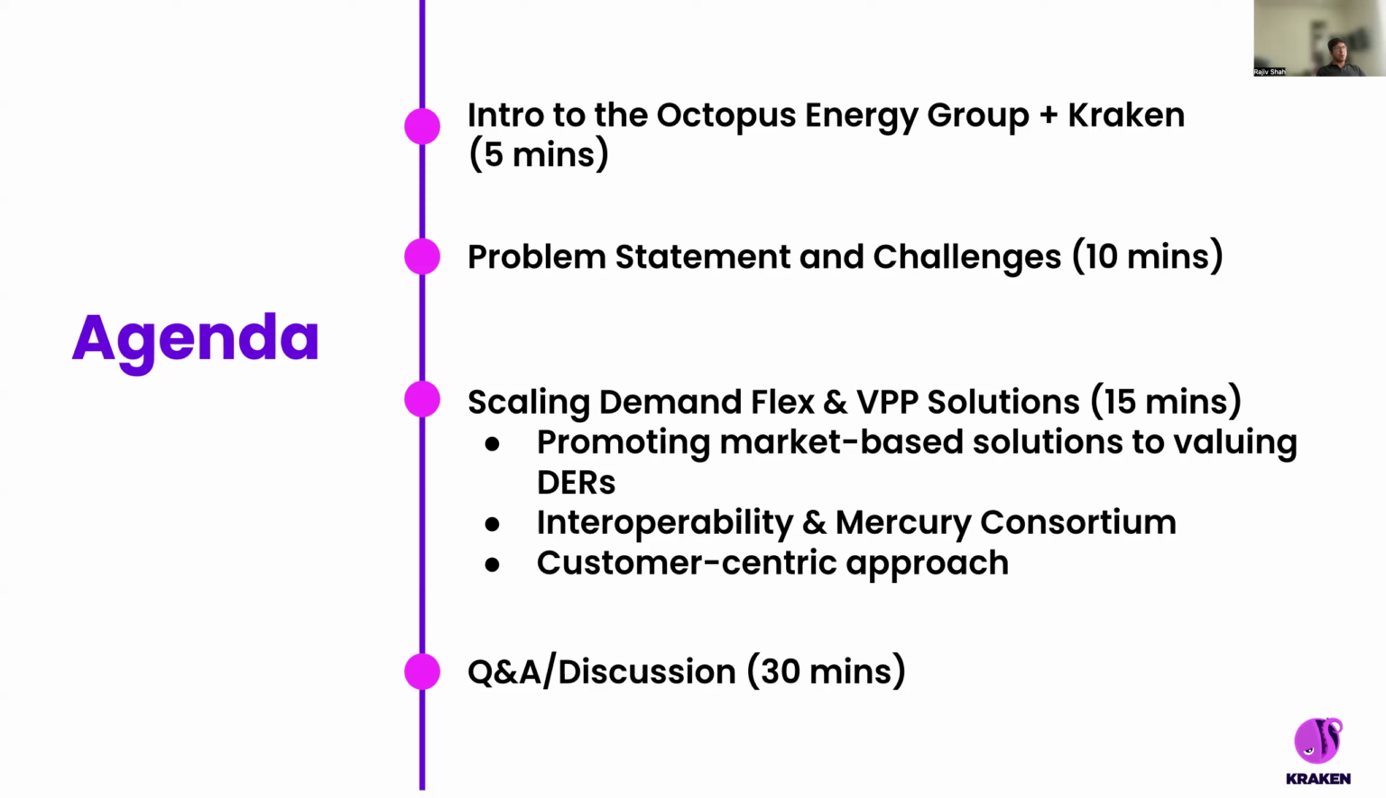And then kind of walk you through some of our thoughts and considerations of what we need to keep in mind as we try to realize our ambitions for scaling demand side flexibility and VPP solutions. Focusing in on three areas: the promotion of market-based solutions in how we value DERs, the importance of interoperability, and just a quick intro to an effort that Kraken and Octopus have launched called the Mercury Consortium, and it's now